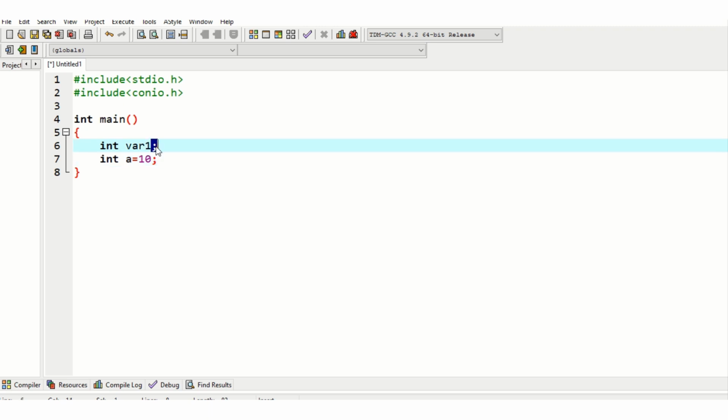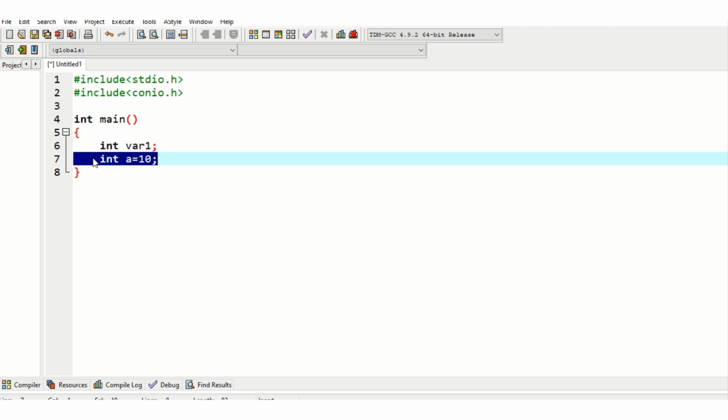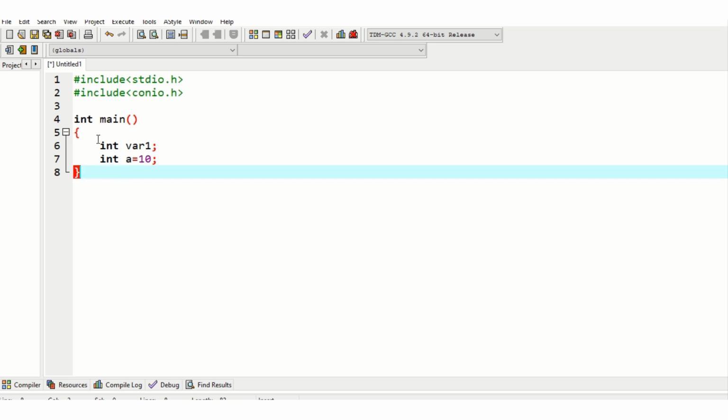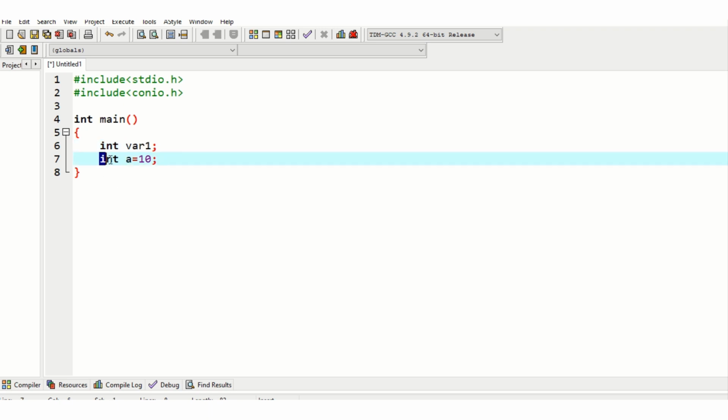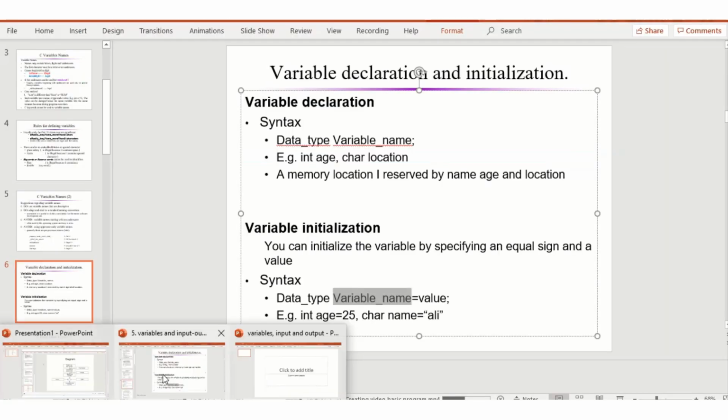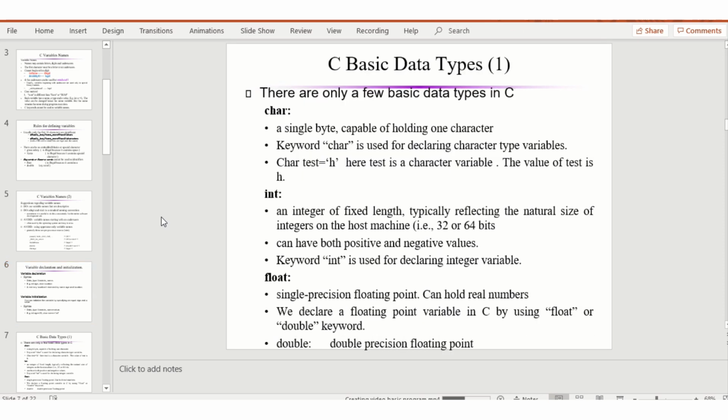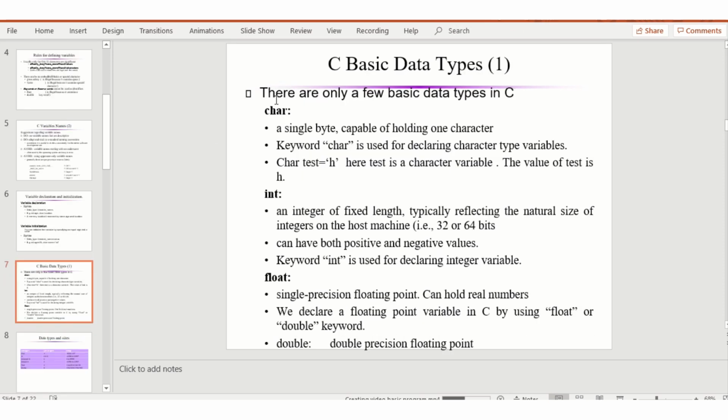Every C statement has a semicolon at its ending point. This is the termination point. Okay, this line is variable declaration and this line is variable initialization. In variable declaration, you write the data type and the variable name, and in variable initialization, you write the data type, variable name, and you assign an initial value to it. This is initialization and declaration.